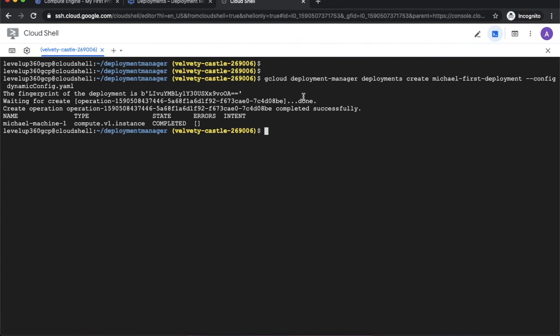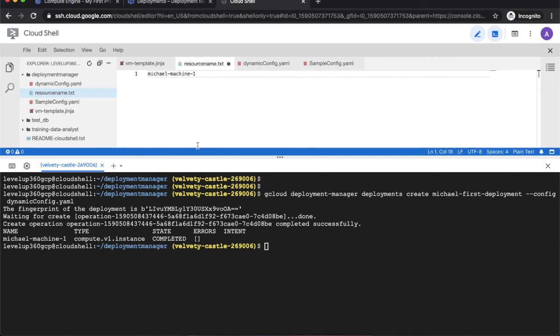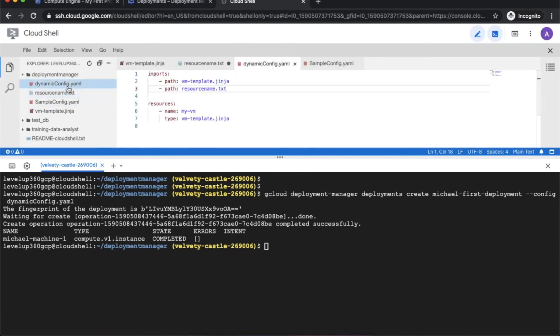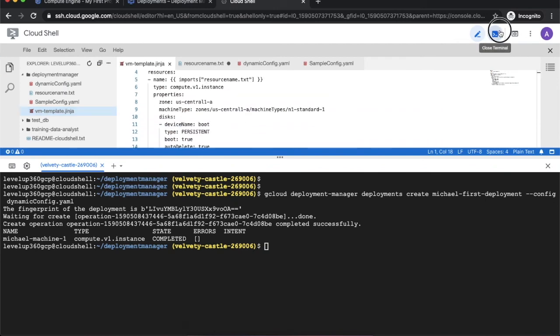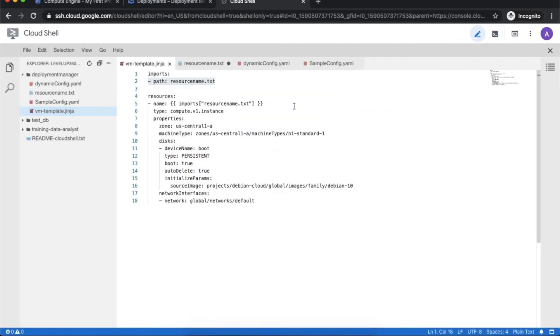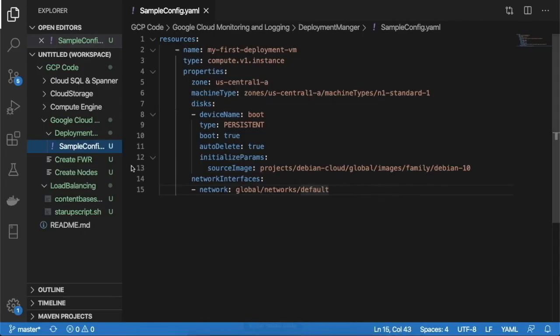So team, I will do one thing. All the code which I have defined over here, that is the text file, the dynamic config file, and the VM template file, I will attach all that code within the same lecture in this lab. The file names will be the same as I have chosen over here, and I will commit this code so that you can get it whenever you clone the repository, because this repository has all the code and I have already shared the repository URL at the start of this course.